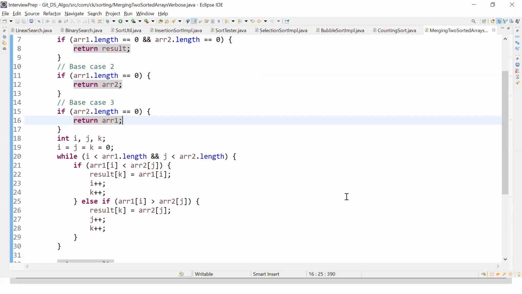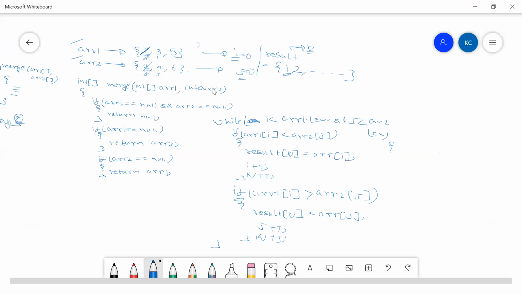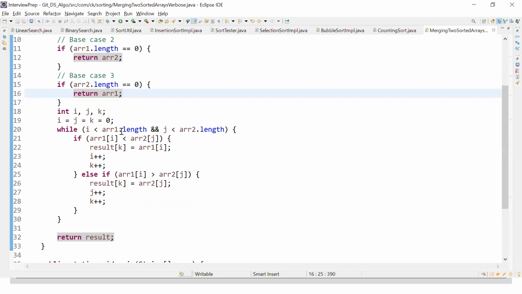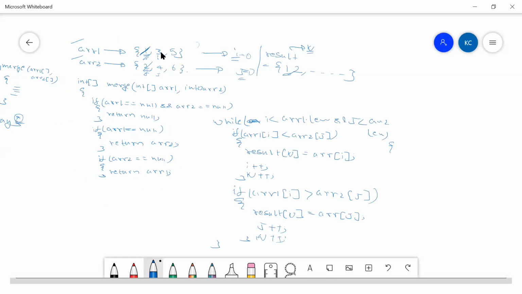But in my same previous example, what I wanted to say is we have taken example 1 3 5 and 2 4 6. Now we have a condition like this. What is our while loop? Until when will it be possible? It will be possible until arr1 i is less than arr1.length and j is less than arr2.length. Now let's say in my iteration or in my for loop, I reached an end to my array, right? But still there are elements.